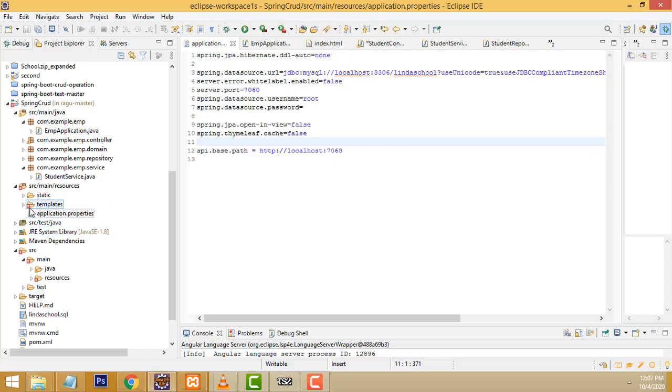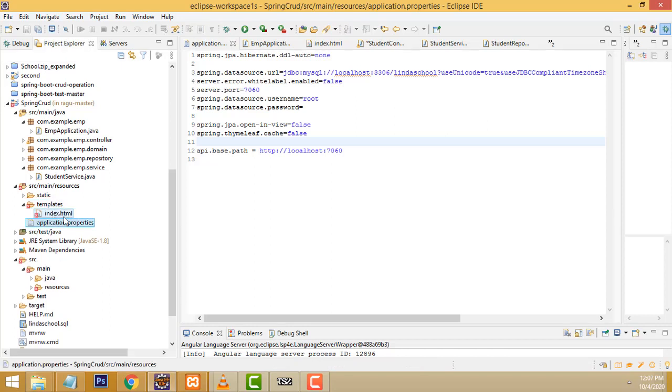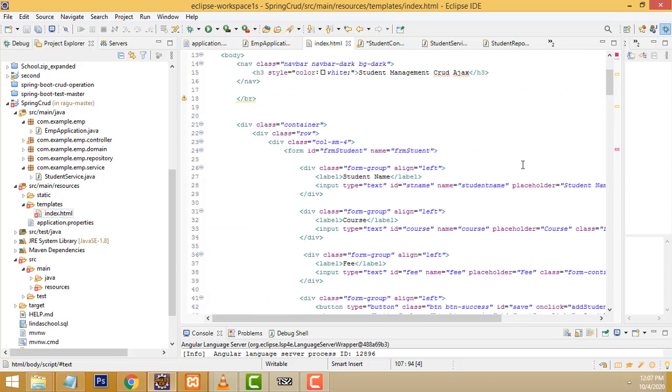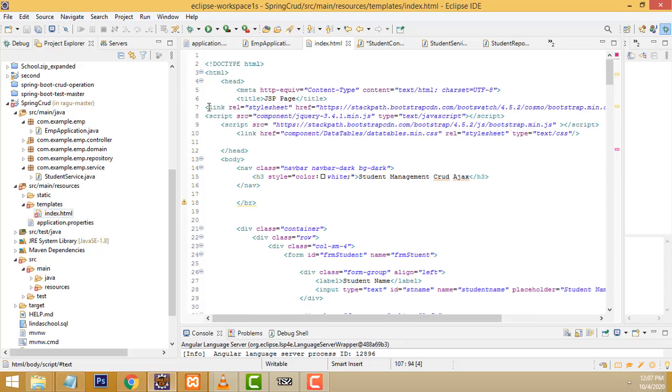Now go to the templates folder. Here I have explained step by step. Double click and open the index.html. First, what I did here is these are called CSS files. My CSS files reside in the component folder. If you download your JS files and bootstrap files, you put them into your component folder, and this one should be the template.